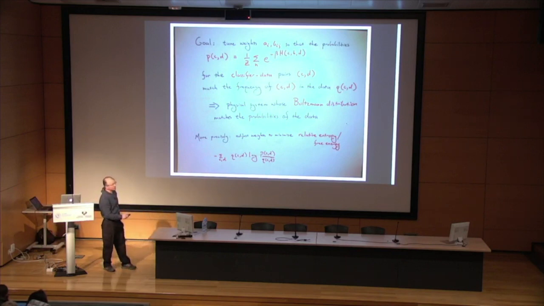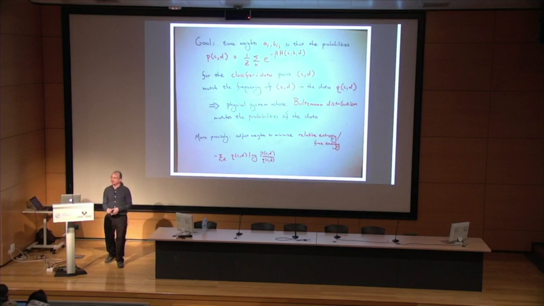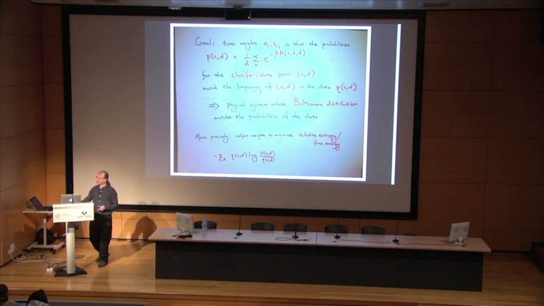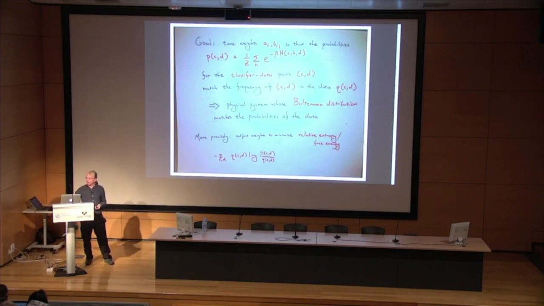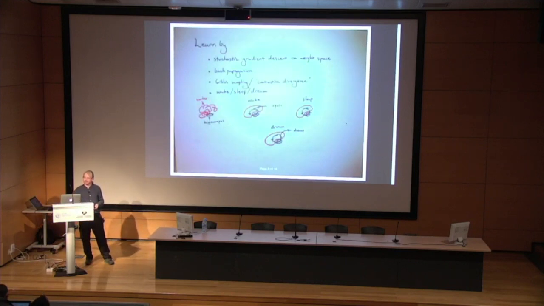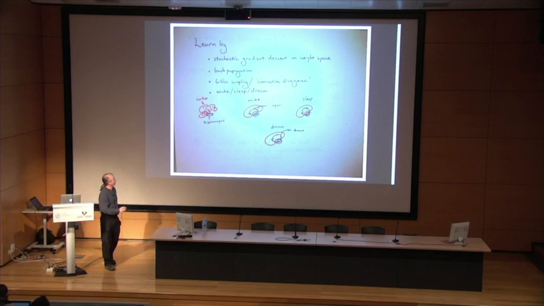And this relative entropy is actually the free energy of this system. It's not hard to show. So we're trying to minimize free energy on a complex landscape. And the way that this learning works is typically it actually works by stochastic gradient descent on the weight space